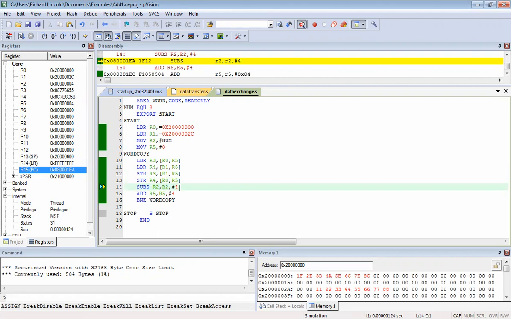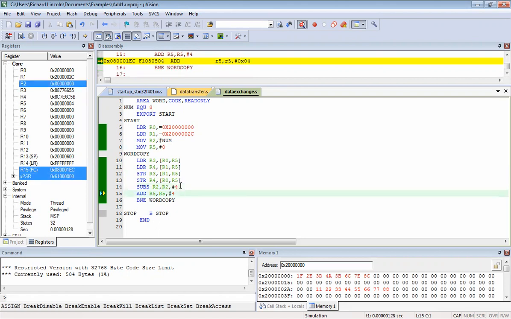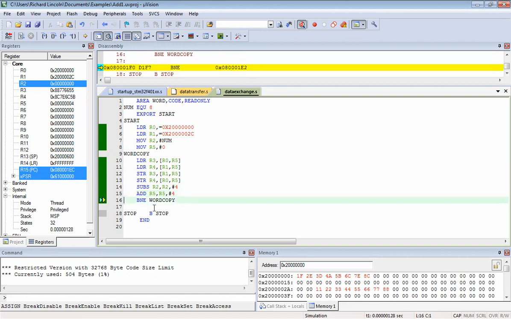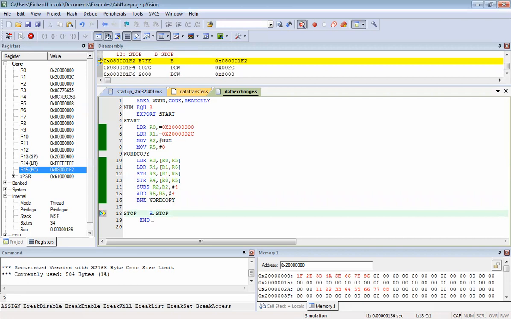Now it is going to subtract from R2. R2 was 8, so 4 we had already subtracted, then again 4 will be subtracted, and it becomes 0. Okay, and at this point of time R5's 4 is not needed, so it is going to check if it's equal or not when it's subtracted. Yes, it's equal. So what is going to happen? The next instruction is going to get executed, which means it's going to stop and the execution ends.